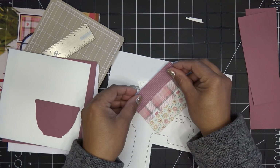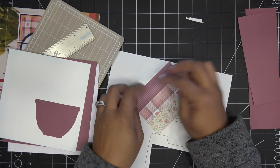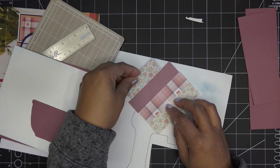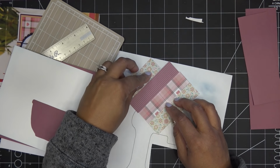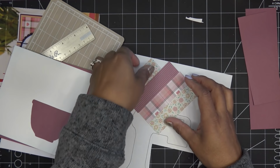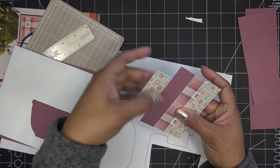And then this one. And then that very little corner still needs another floral one, which I have that little piece here. And that one's little because at first I thought it was 6 inches, so I cut it at 3, and then I realized, oh, it's actually 8 inches. Now,